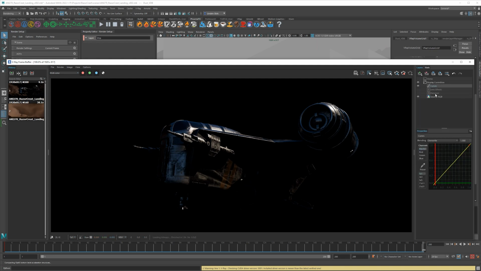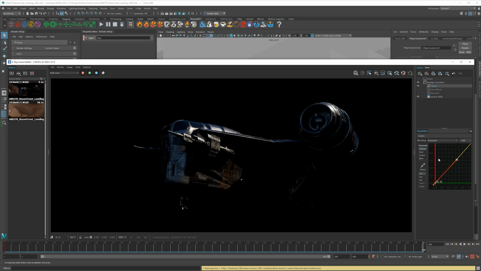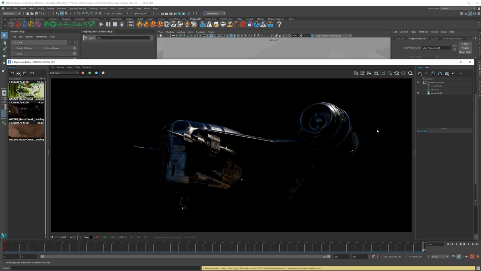If I wanted to just brighten this up just to check. See? That's all good there, and we're still getting all the shadows and everything. So, okay, everything is good there. So that's a pretty quick fix. We should have just done that to begin with. All right, so now we are ready for that.